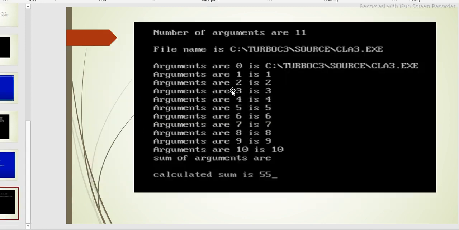The output is the number of arguments, totally 11 arguments: I give 10 numbers and the file name, totally 11. The file name is what we save.